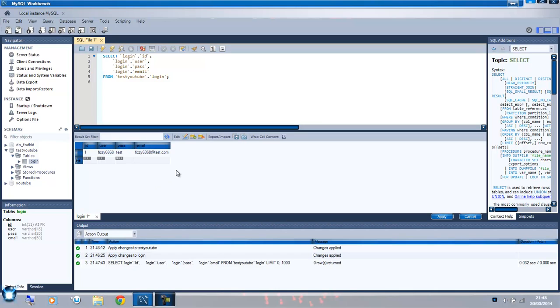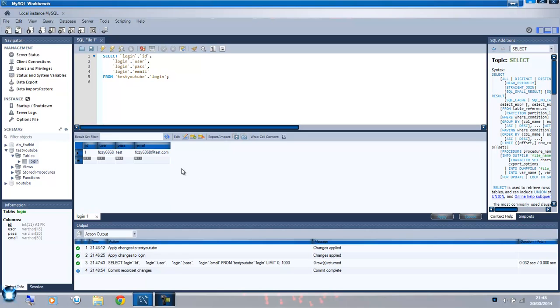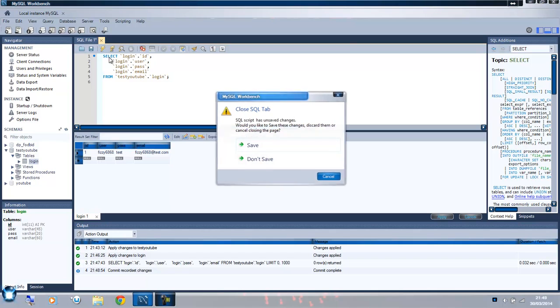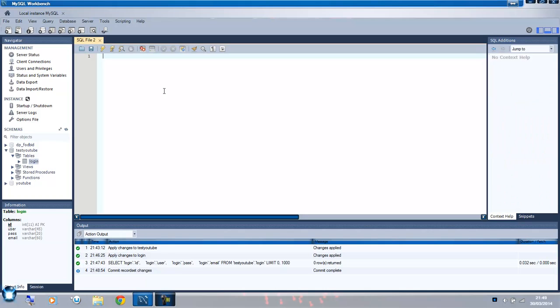Now what we got to do is basically, now we've filled that in, we apply and we can save them credentials. As you can see here, we could have typed it up above. For instance, if I copy this, you don't have to worry about this, and then click apply and then finish. But what we could have done, if I close this off, don't save. Right, what we could have done is we could have basically inserted into